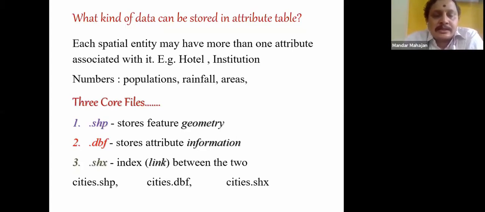So this data can be stored in different files. One is called the shapefile, which stores the geometry features, shape and size in coordinate form. Then the DBF file stores attribute information, giving more information regarding that feature. And the SHX file is the index file, which is required if the data is used heavily. So different forms of the same shapefile or DBF file can be stored.